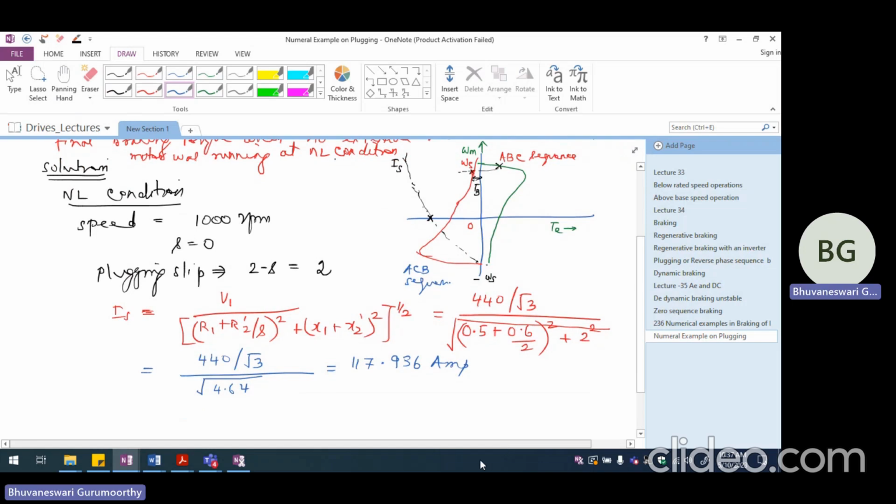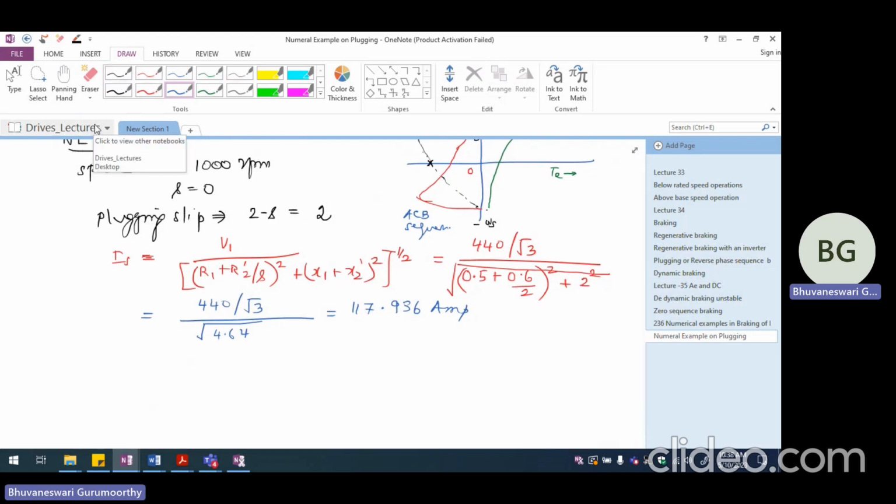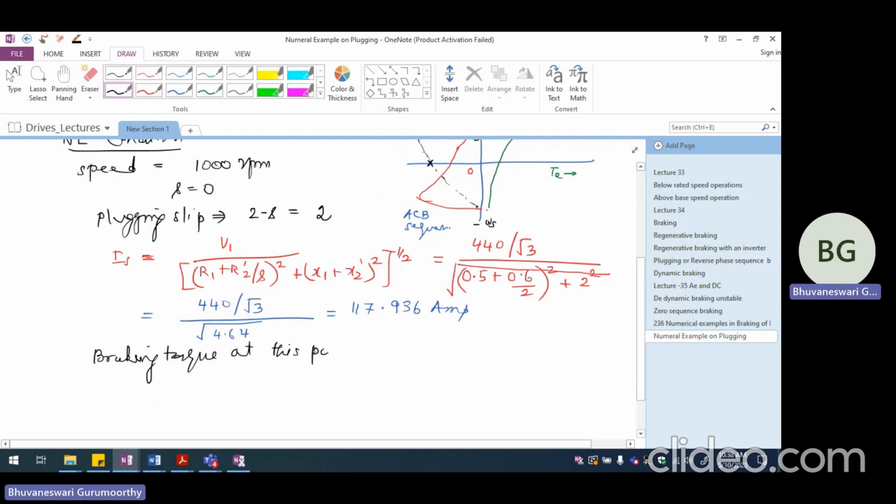So this happens to be the plugging current, especially when we are having 2 as the slip or the initial condition, when the motor is transitioning from no load condition to the plugging condition. And if we calculate the braking torque at this point, the braking torque at this point is going to be,